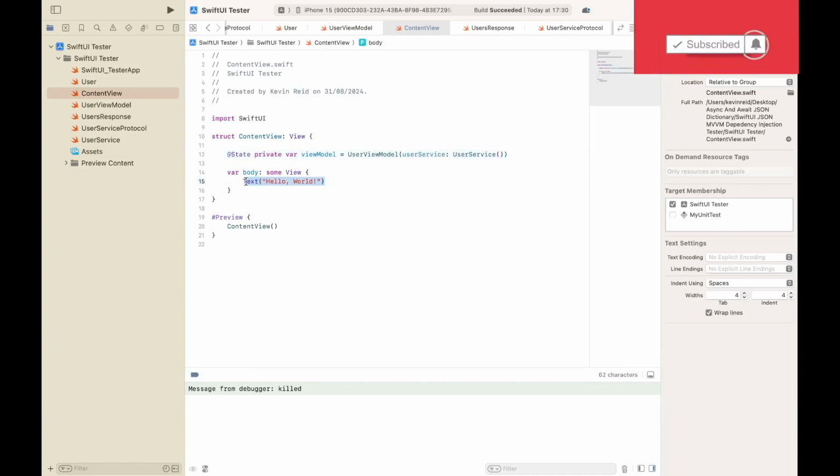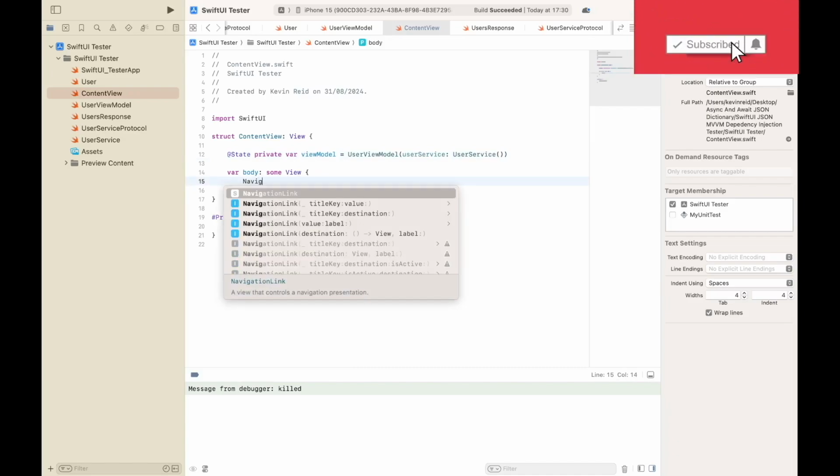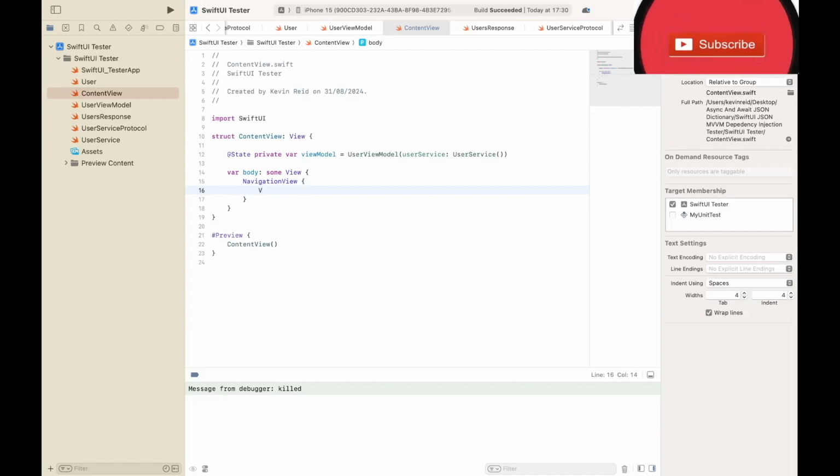We can delete line 15, add a NavigationView, VStack,